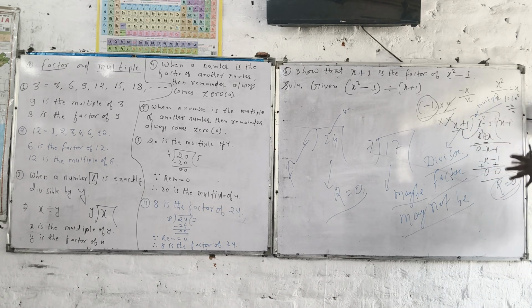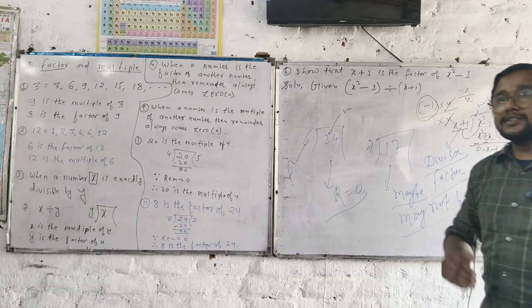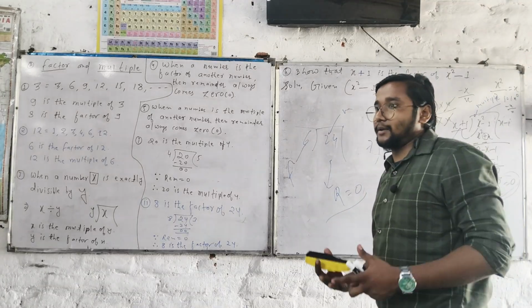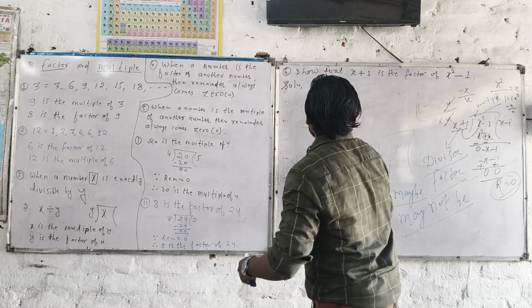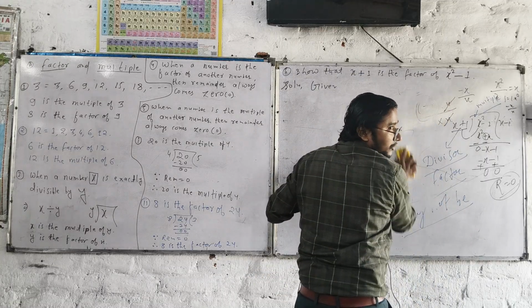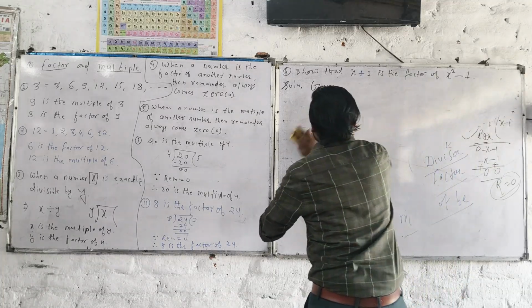Yes, sir. So it is a long division method, right? But because we are studying the remainder theorem, we have to apply the remainder theorem. So what is the way to do that? First of all, when it is not denoted by something,